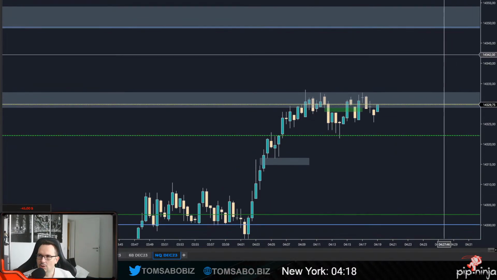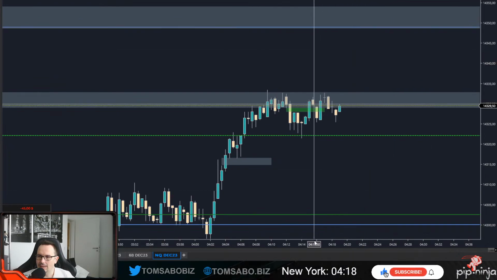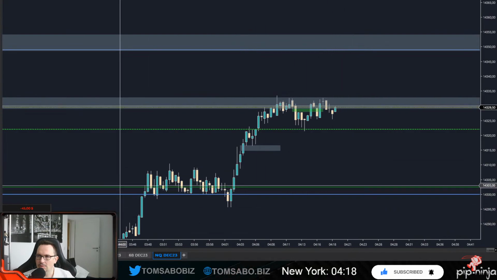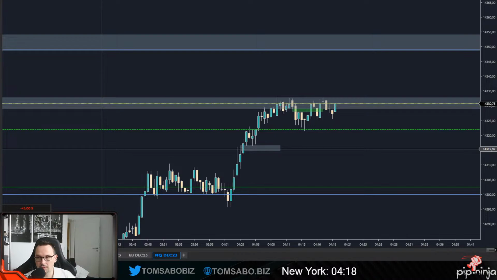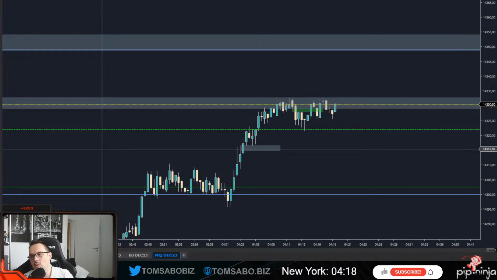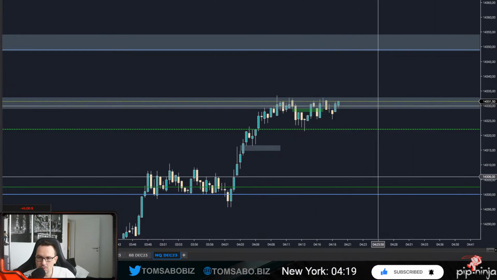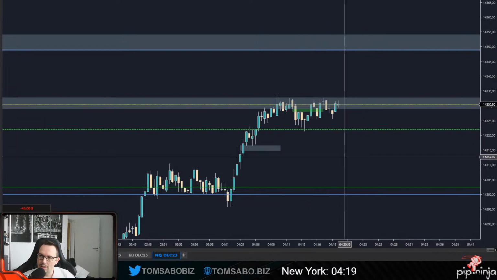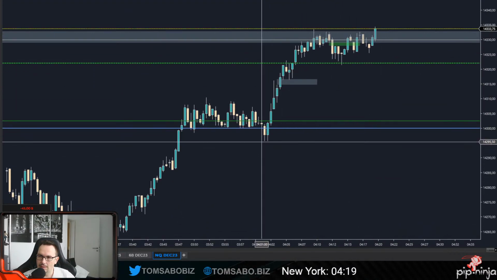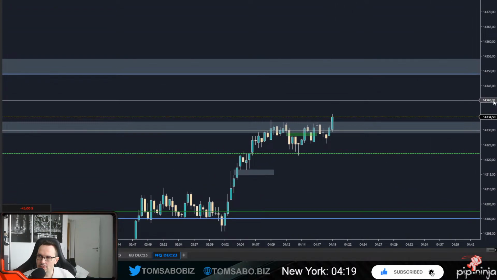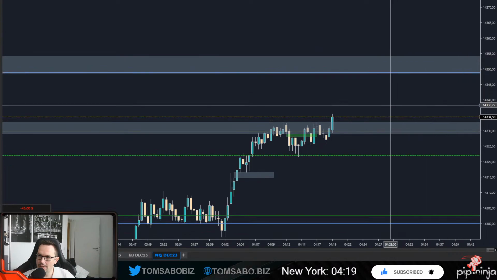And we'll see. I think the draw on liquidity is up here right now. For London session at least. And so that's the name of the game. As long as you per se know where is the draw on liquidity or where you think it will go, I'm just not taking this short. Even if it goes down. If it wants to go down strong, then most likely it wants to take out this low here. Now if it wants to go long, as you see right here, so 49 is the target.